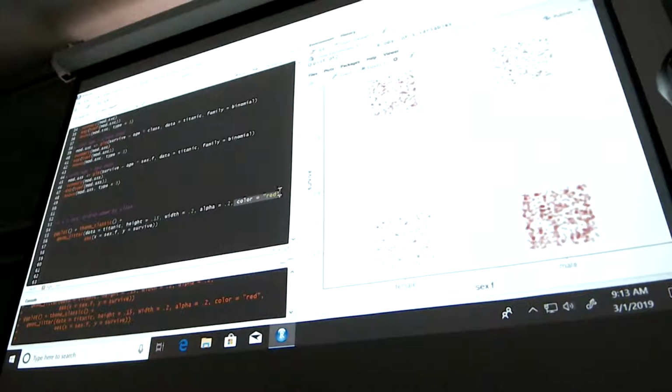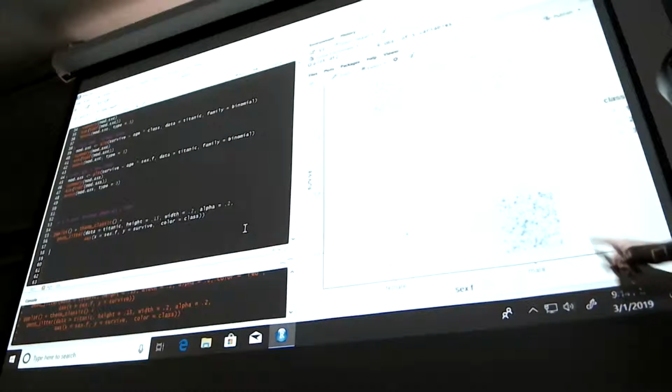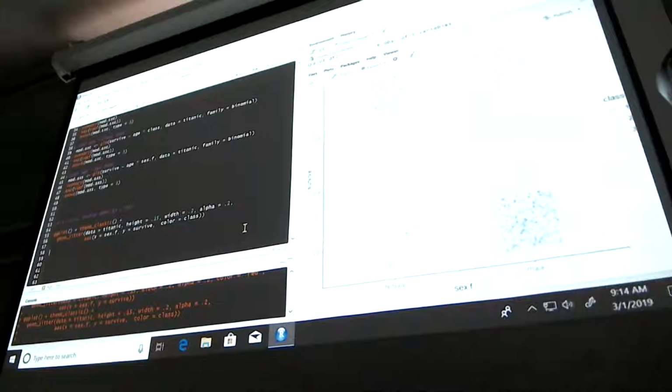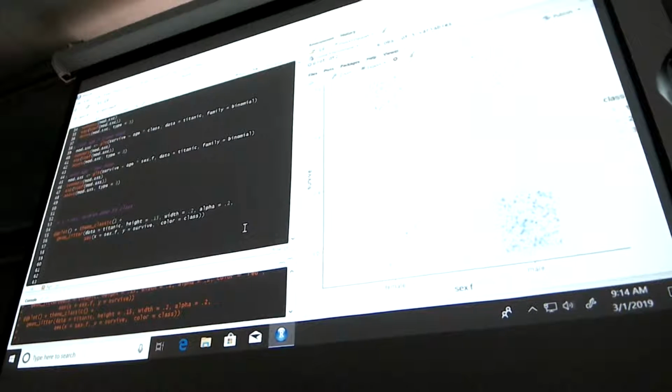Now, if instead I do want the color broken down by some specific variable that's in the data, that's when it becomes an aesthetic. And I'll say color equals class. And now it will break down that color based on what your class is. All right, so now we have a pretty good